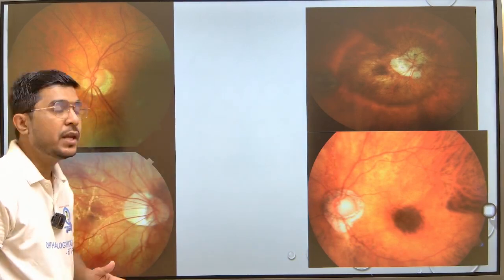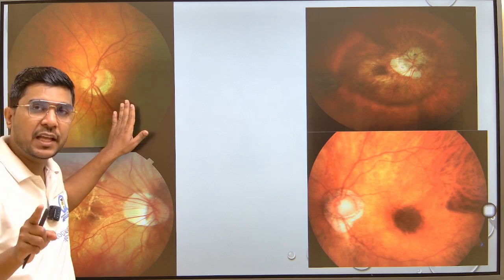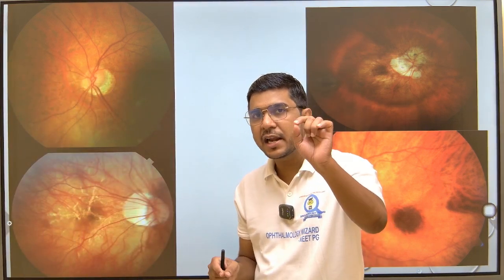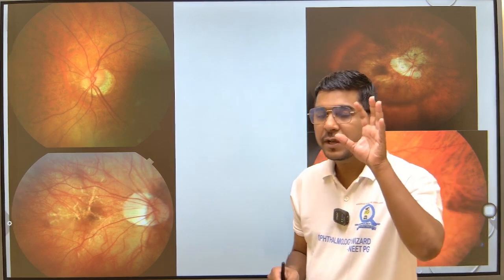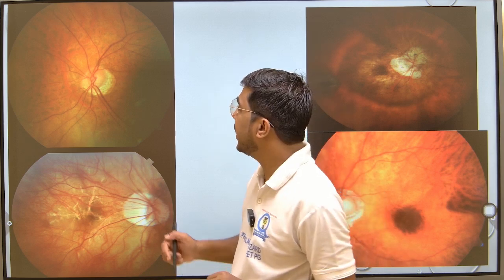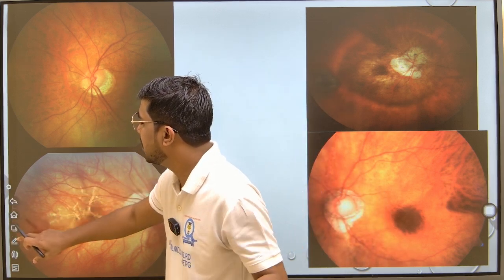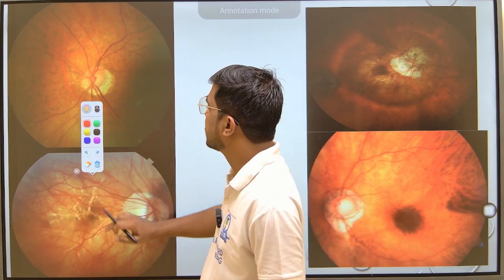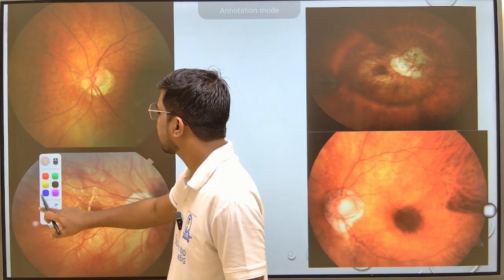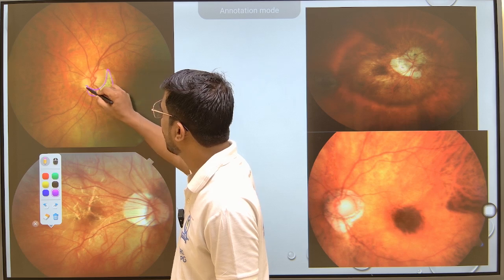Sometimes there is an area disparity between the sclera and the RPE-choroidal complex, and because of that area disparity, this picture comes. And what is this picture? This is called